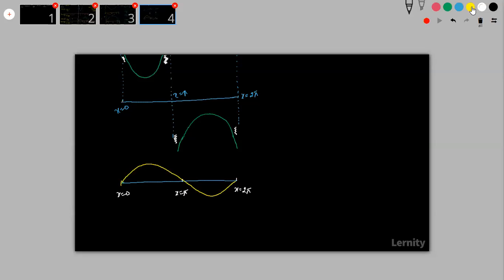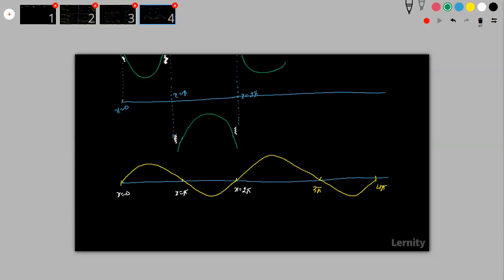Now see, if I extend the x-axis, and if I draw the cos curve again, the cos curve is periodic, so it will again repeat. This is 2 pi, this is 3 pi, and this will be 4 pi, right? So for this one we were getting this, so again for this one we will get similar. And for this one we were getting this, so again what will we get? Understood?